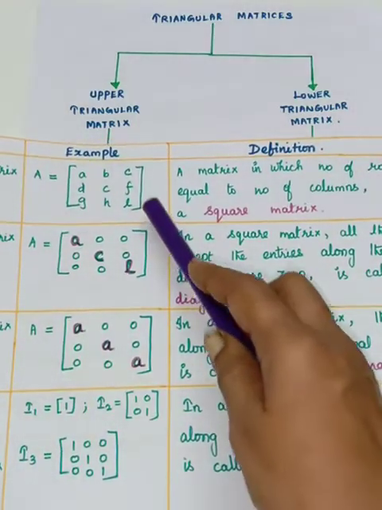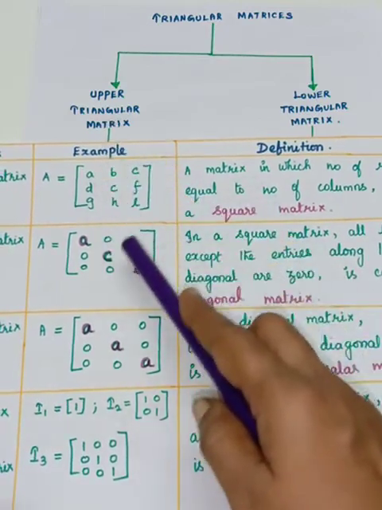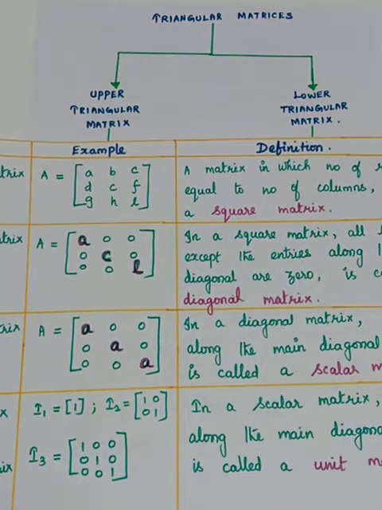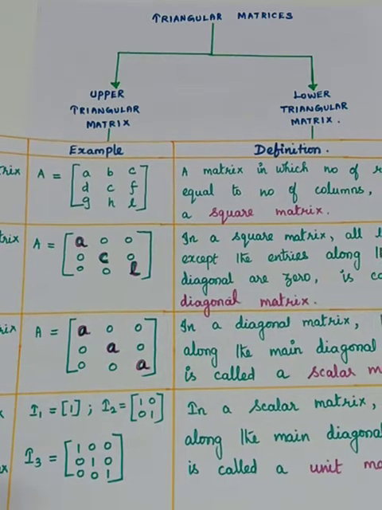So you see that in this example, how many rows does it have? 3 rows. And how many columns? 3 columns. So therefore this matrix is a square matrix. So we can say this matrix is a square matrix of order 3. So square matrix means the number of rows and number of columns are equal. So it's a square matrix of order 3, which means it has 3 rows and 3 columns.